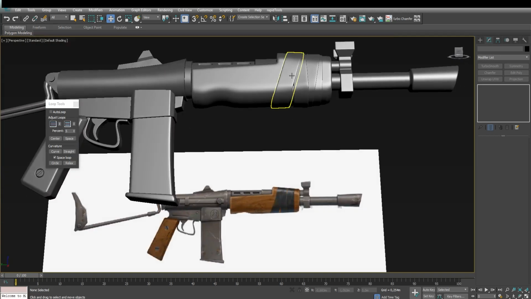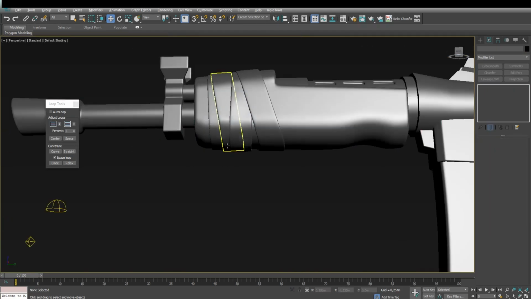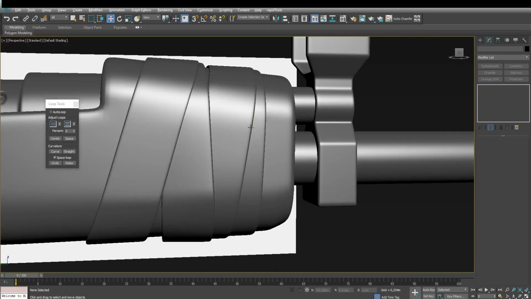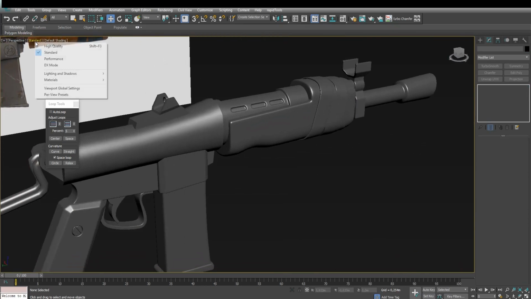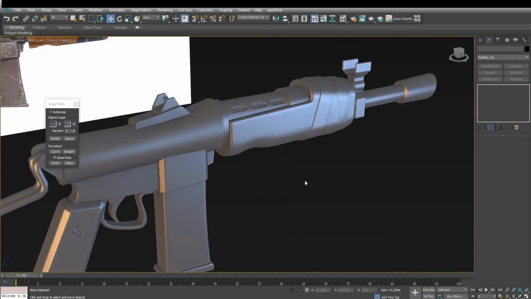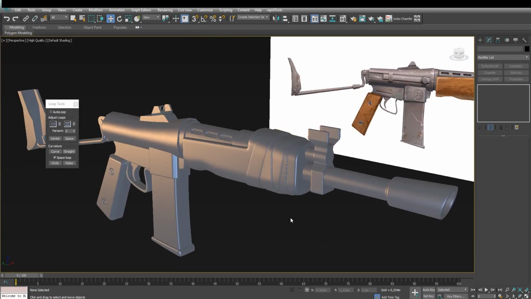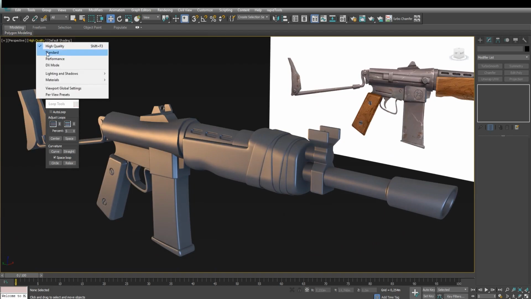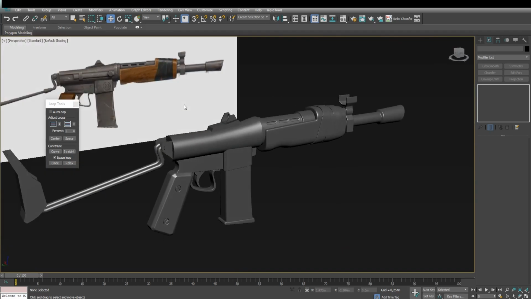Okay, so we're done with the bandages. I know they were quite tedious, but thankfully they're now out of the way, and we can go to the high quality viewport and check out how they look. That looks pretty decent. So yeah, I think we should move on,